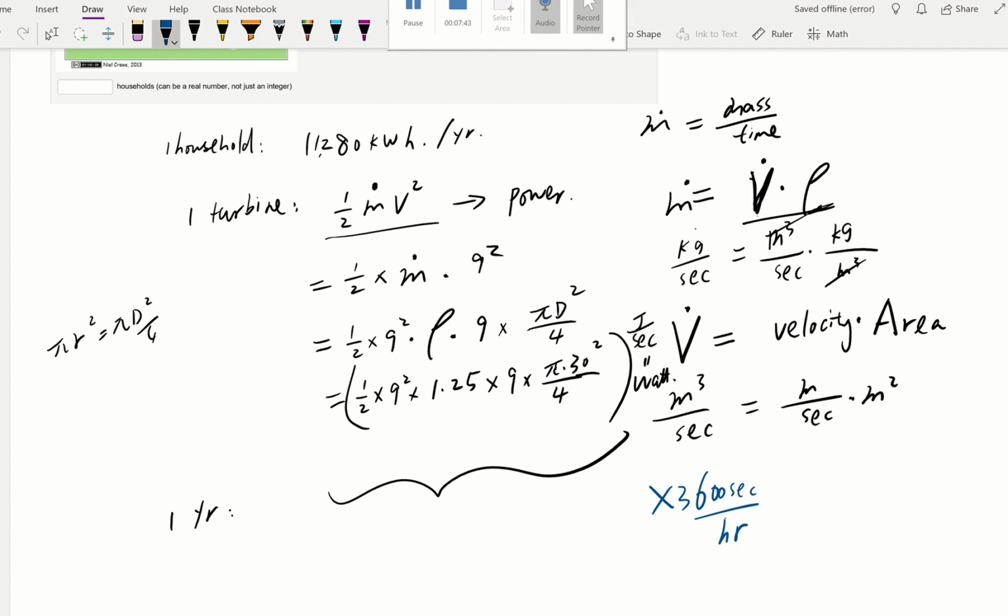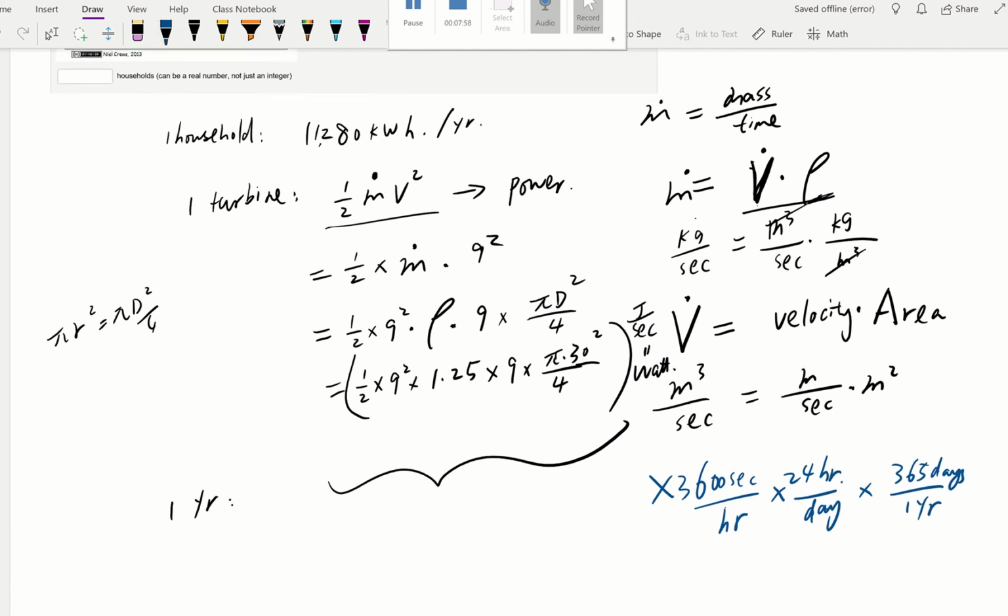Then 1 day has 24 hours. Then each year, 1 year, will have 365 days. So knowing all of that, we should be able to get the entire energy output of this turbine